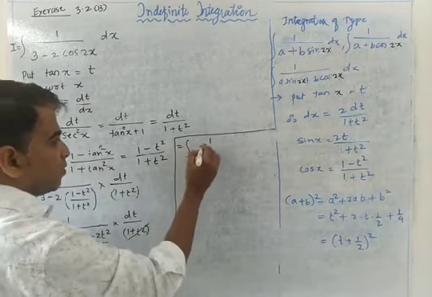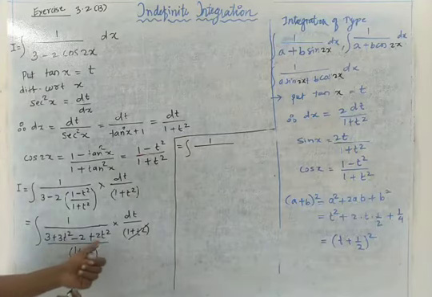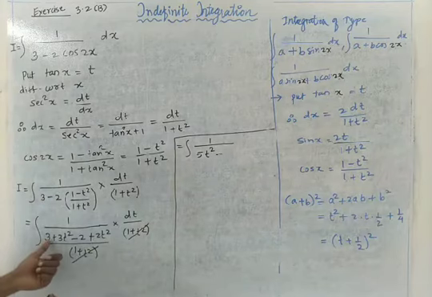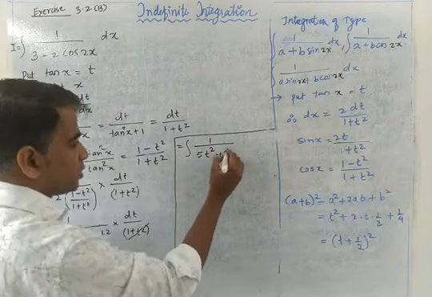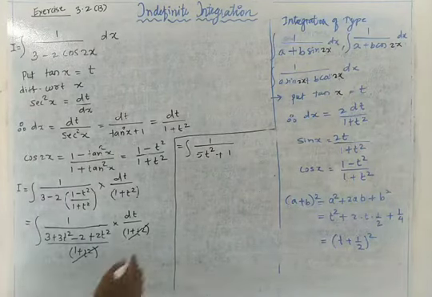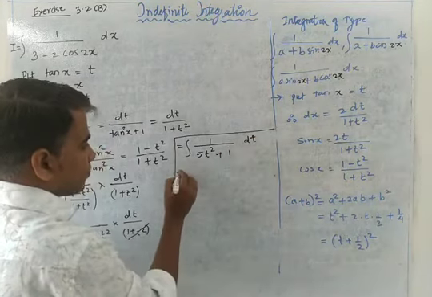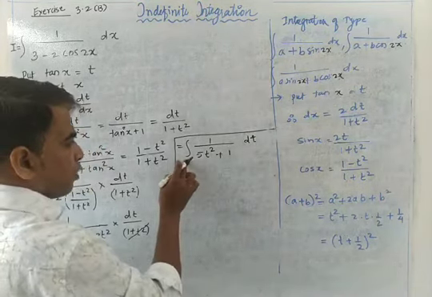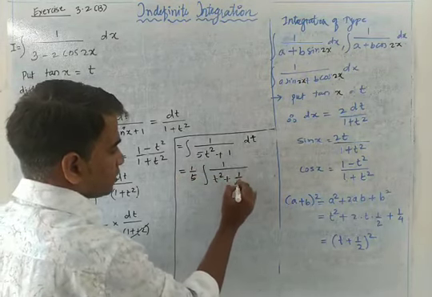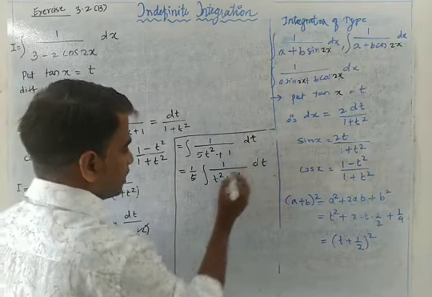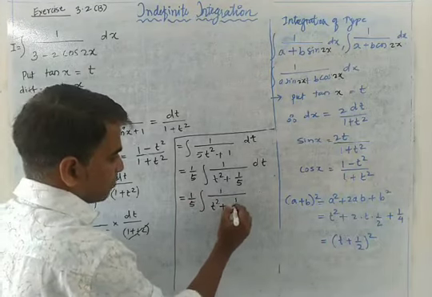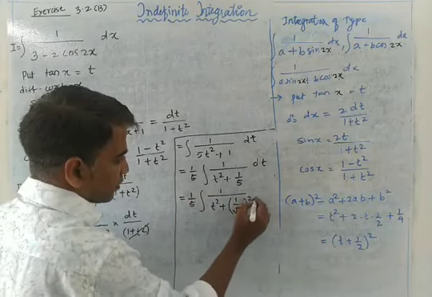So now you are going to get integration 1 upon 3t square plus 2t square, 5t square, plus 3 minus 2 plus 1. There is no t term we will get when it is a cos function, only cos function. Okay, into dt. And now we will take 5 common out. So 1 by 5 integration 1 upon t square plus 1 by 5 dt. So now 1 by 5 upon t square plus 1 upon root 5 whole bracket square dt.